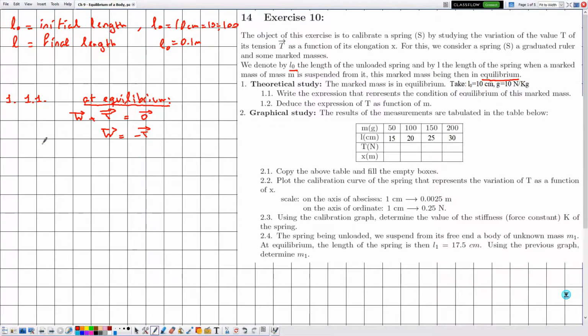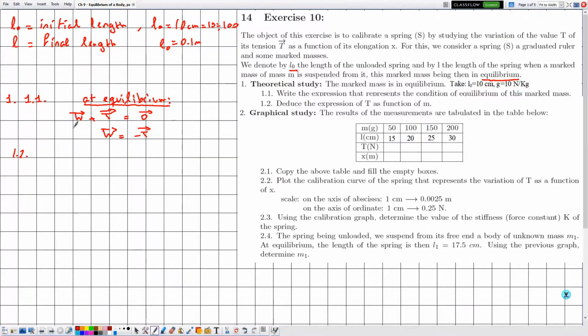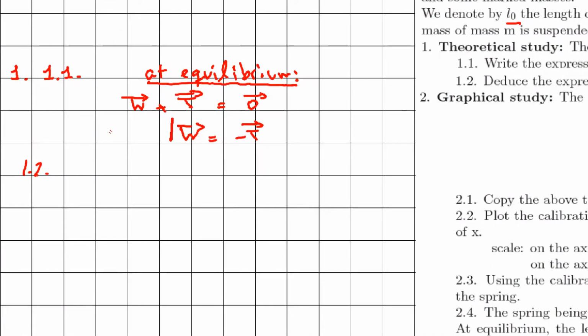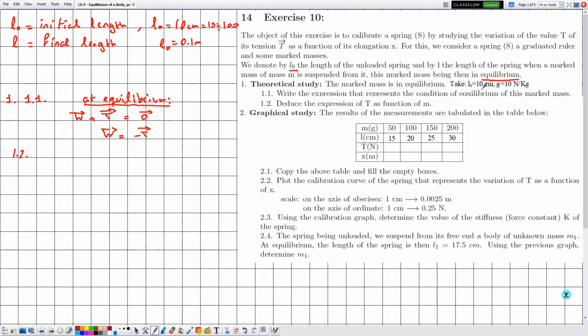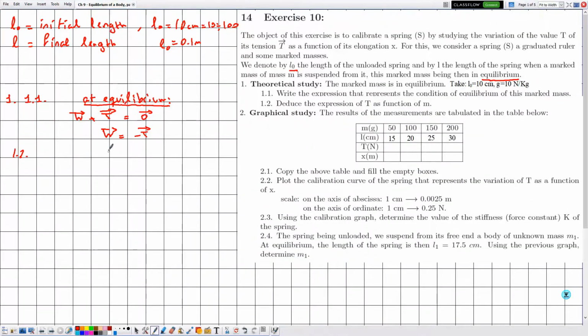Now in 1.2 we need to deduce the expression of T as a function of M, and by deduce it means that we need to use the previous part. In the previous part we discussed the condition of equilibrium, which is the relation between W and T. Here they are telling us T as a function of M, so notice that this is a magnitude. In order to extract the magnitude of this equation, we will write it down, and let's say in magnitude,